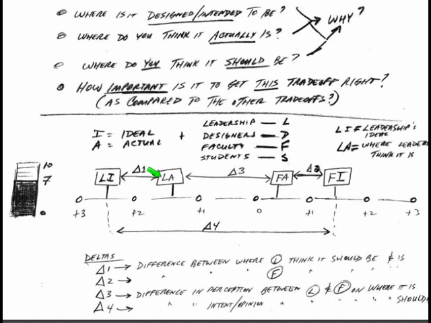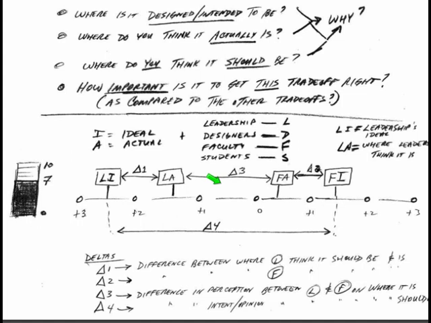So the third delta is we could take a look at the difference in perceptions between where the faculty think it actually is and where the leadership thinks it actually is. That could be a problem if the leadership is never getting into the classroom and they're basing where they think it is on intuition or anecdote, or they're just dreaming about it, or they don't really know. So delta 3 compares the difference between the perception of where leaders and faculty members think the college actually is